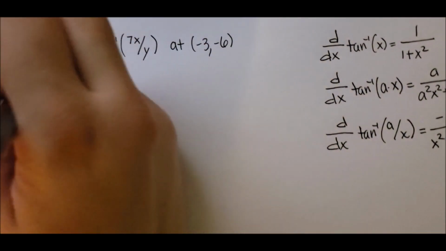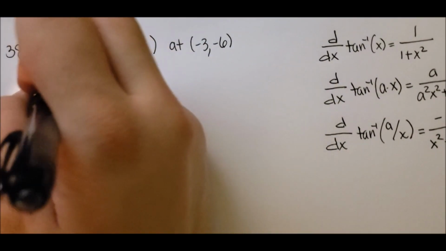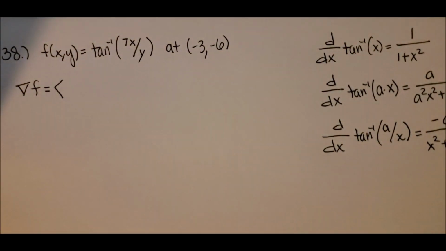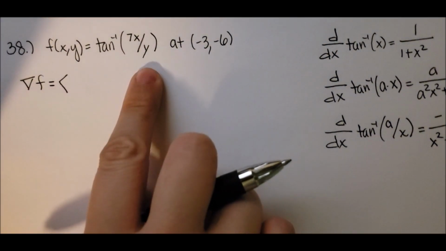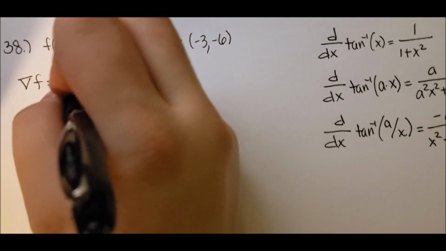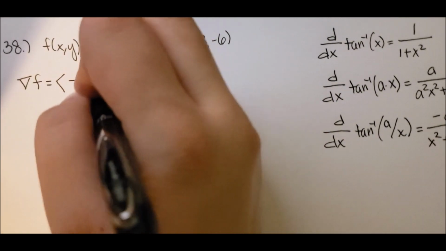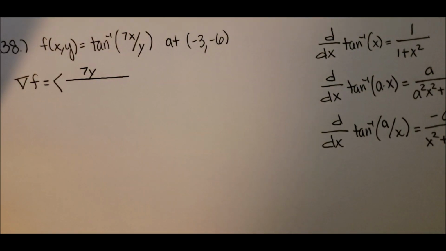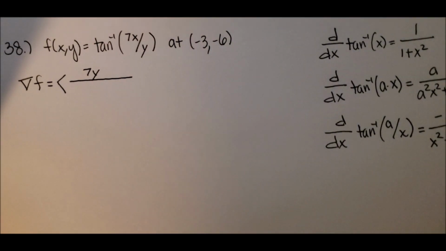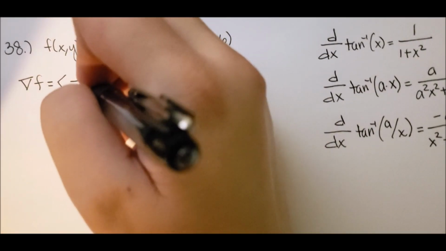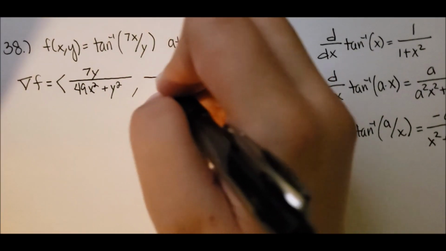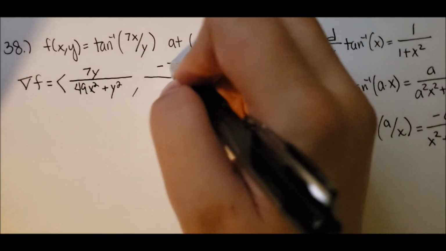So then for the gradient, seven y over 49x squared plus y squared, and then the y